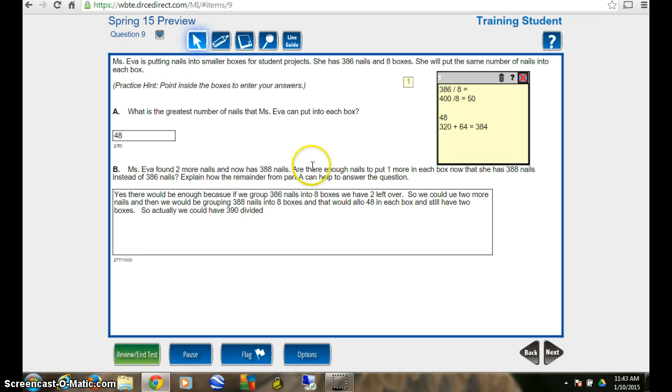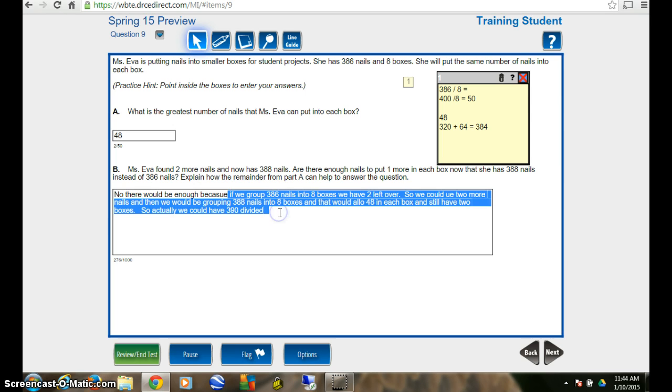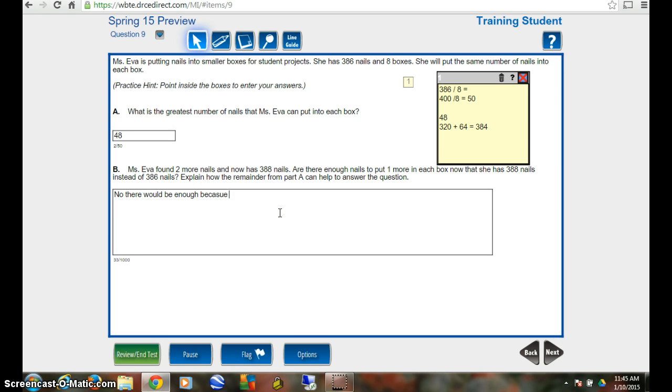Because if we would, instead of saying 48, say 49. As we read over it again, though, what we see and realize is that we want to have the same number in each box. So 49, no, actually the answer is no. There would be enough room to add them in, but she wants to keep the same number in each box. So no, there would not be enough, because if we, and we probably need to erase some of this. No, there would not be enough, because 49 times 8 equals, we know that